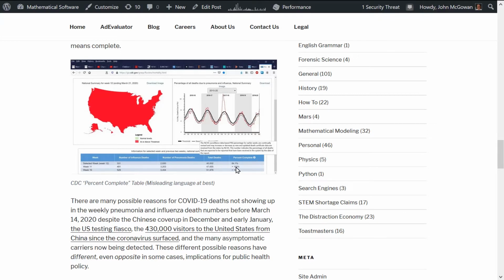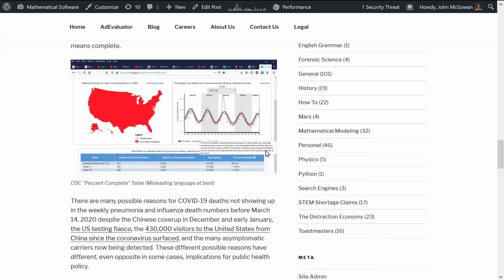However, first of all, greater than is not typical scientific practice. What does that really mean? And secondly, a little weird disclaimer pops up here when you put your mouse over this question mark next to percent complete. So at best, I think it's misleading language. It's hard to understand what they're doing here. I believe it's likely from various sources that they have a model based on past years when there wasn't a crisis, which says we should receive, let's say, 4,000 death certificates this week, and we received more than 4,000 death certificates, so that's greater than 100%. That's, of course, meaningless. It doesn't tell you anything.